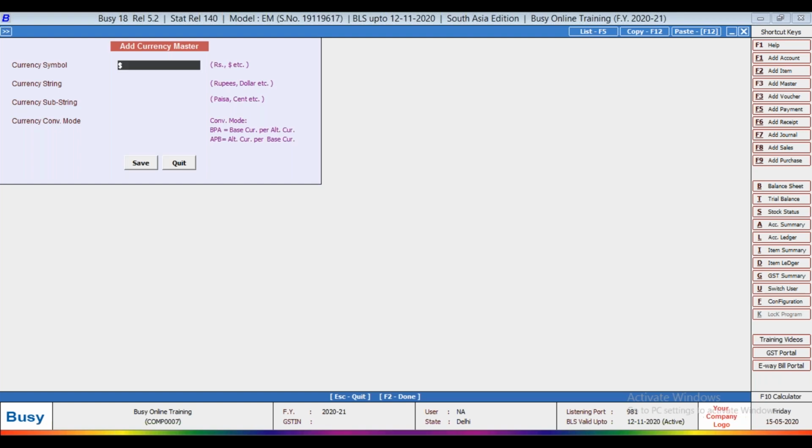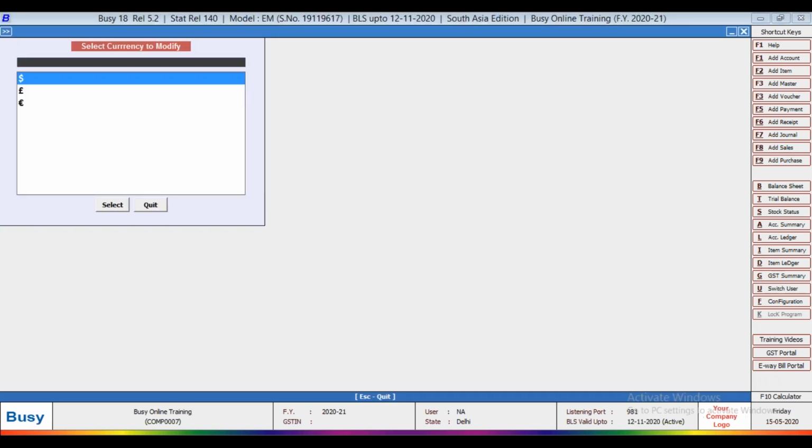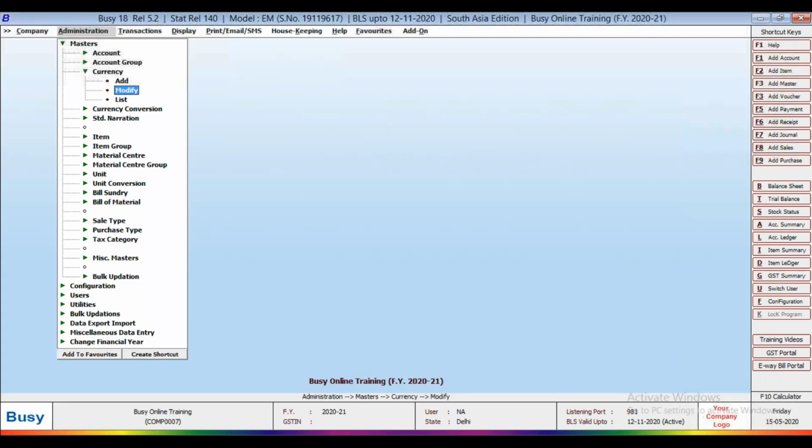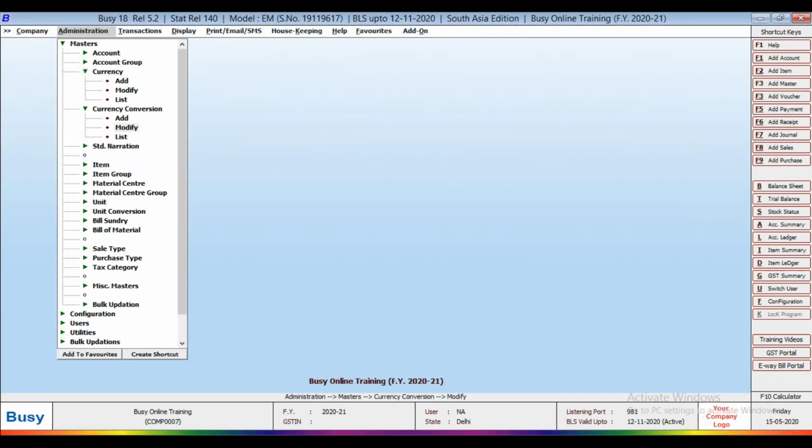It already exists. So we have checked, yes, dollar already exists. USD, cents, BPA. BPA means base currency per alternate currency, and ABP means alternate currency per base currency. So here we can choose BPA, save, and then currency conversion.